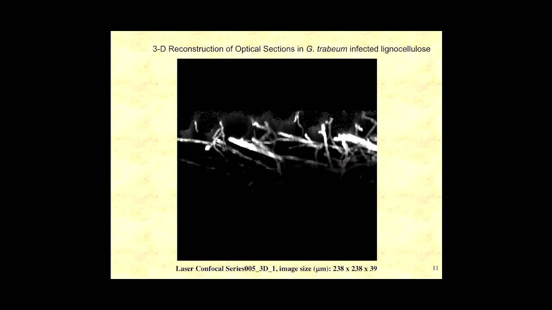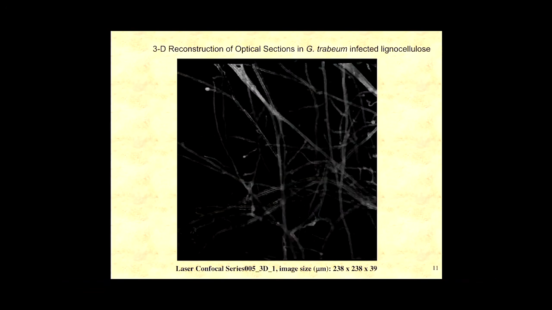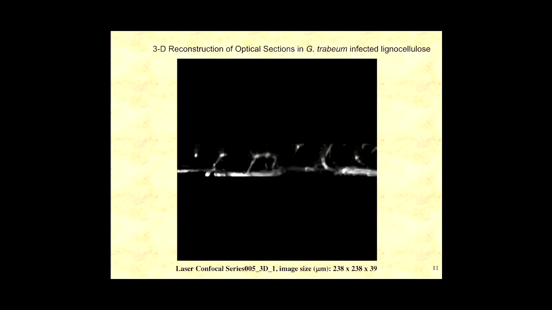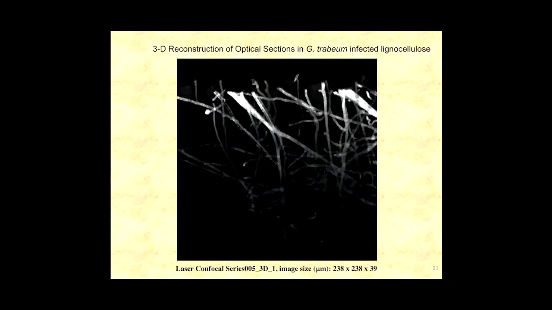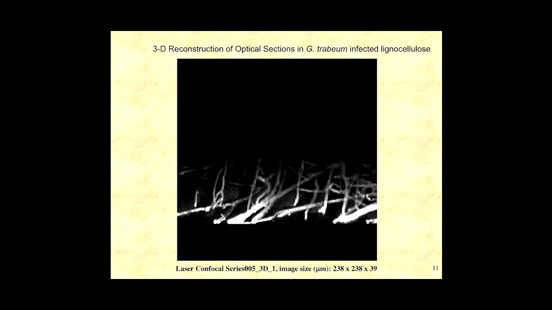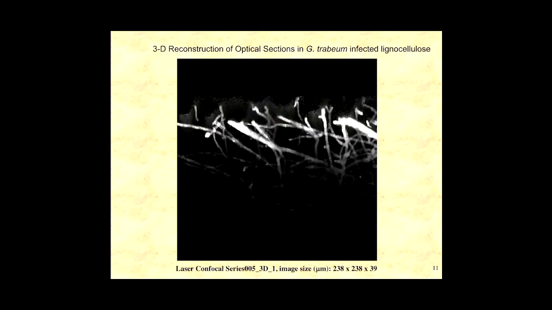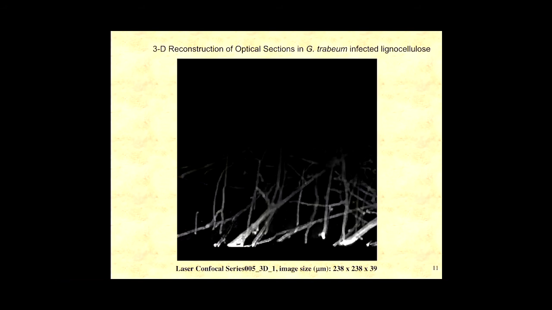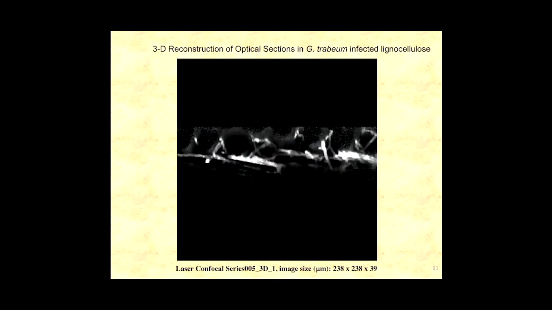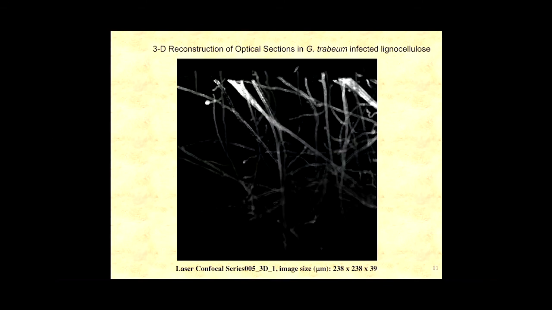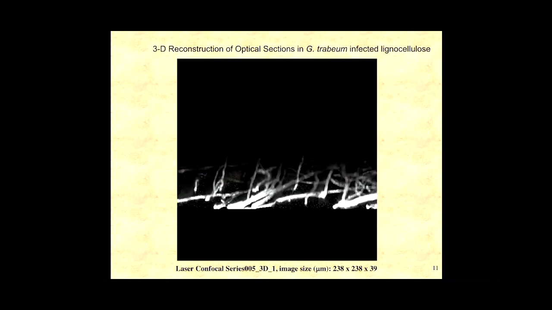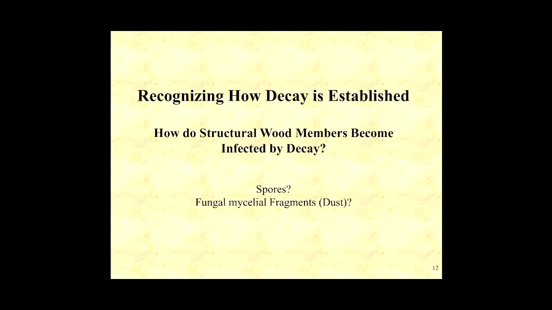But it's not these fungal hyphae that are causing the decay or the actual dissolving of the wood material. It's the stuff that these fungal hyphae secrete. So they're secreting enzymes and a bunch of different chemicals, which actually move in to dissolve the wood. Why do they want to do that? Because wood has sugars in it. And if you can dissolve cellulose, you produce sugars. And just like us, the fungi like to eat sugars, and they can increase their biomass by doing that. So that's, in a simplistic manner, how decay occurs.